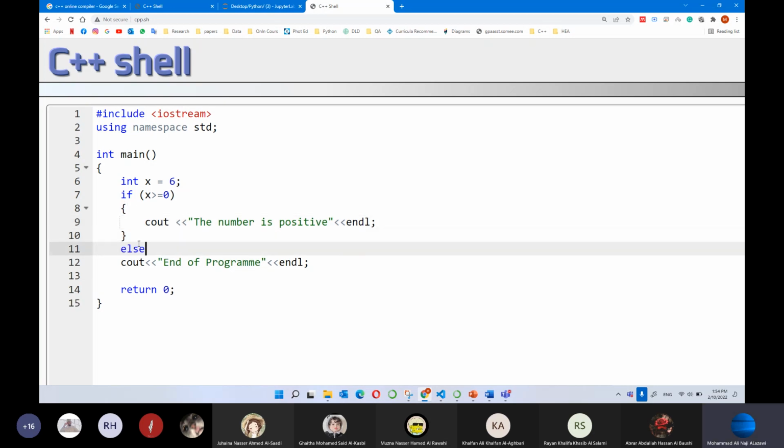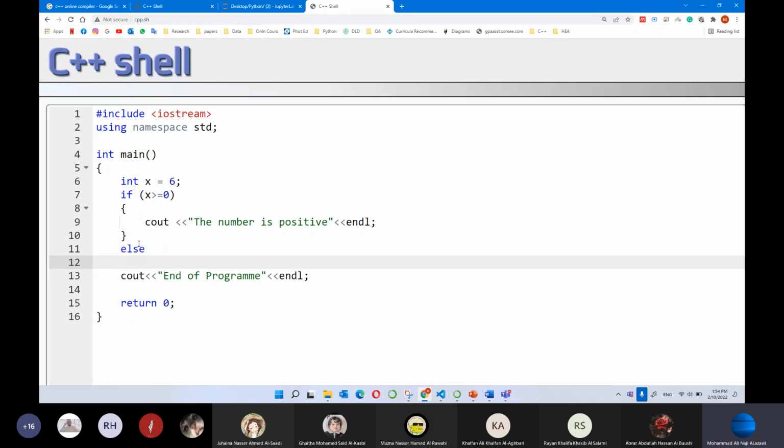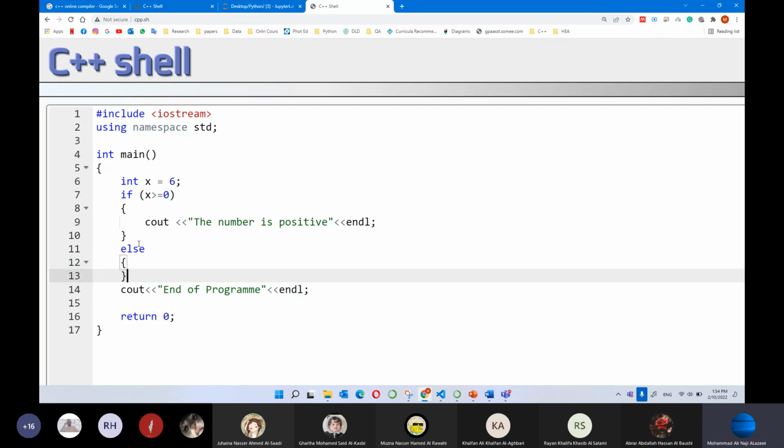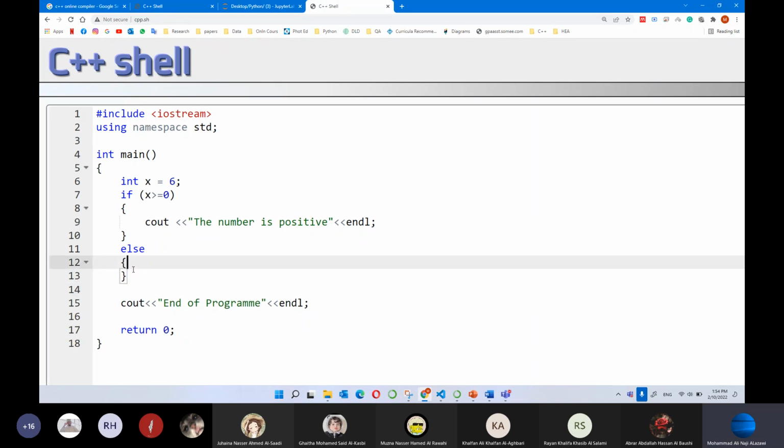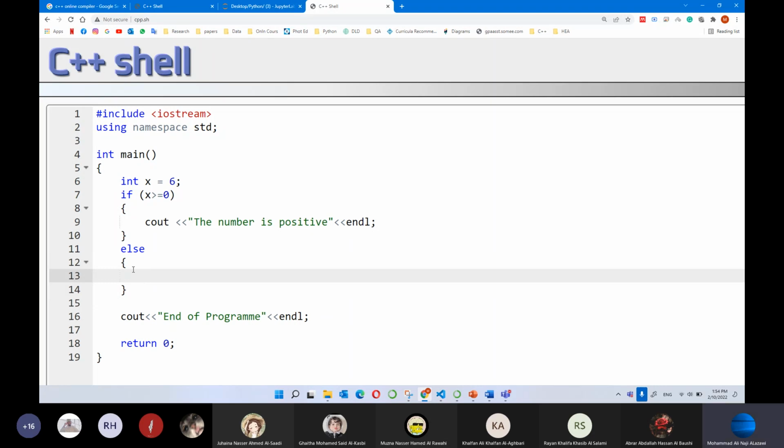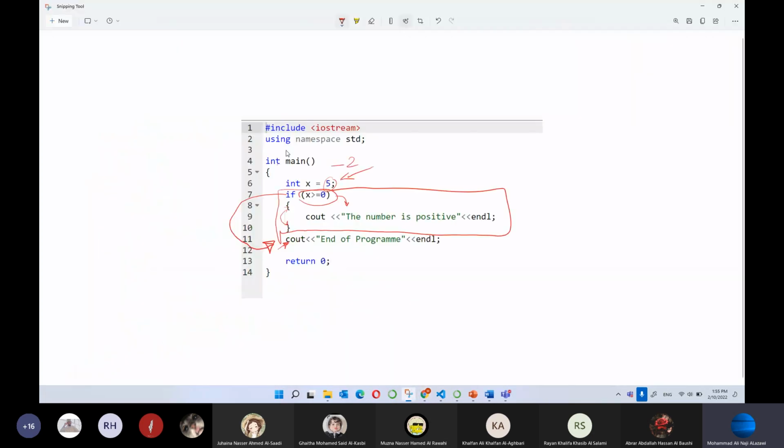Else, again, if the condition is not true, then it will write here cout the number is not positive. All right. So now while executing this, again, let's just take it